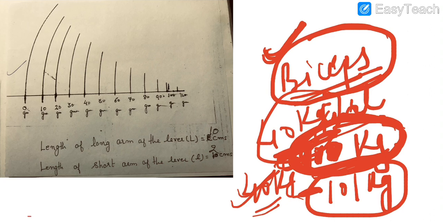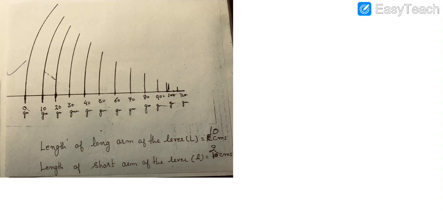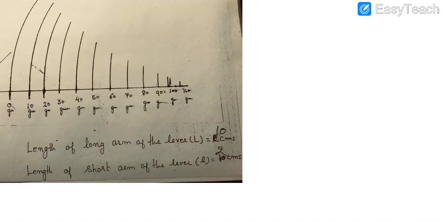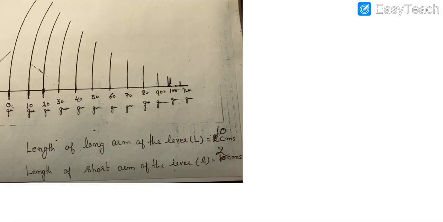And what other questions might you get? Why is muscle efficiency more in the preloaded condition than in the afterloaded condition? Yes, you might get this question. The preloaded muscle is more efficient. Why? Because in the preloaded muscle you are increasing the length of the muscle. In the preloaded condition you are increasing the length of the muscle. So if you increase the length of the muscle,